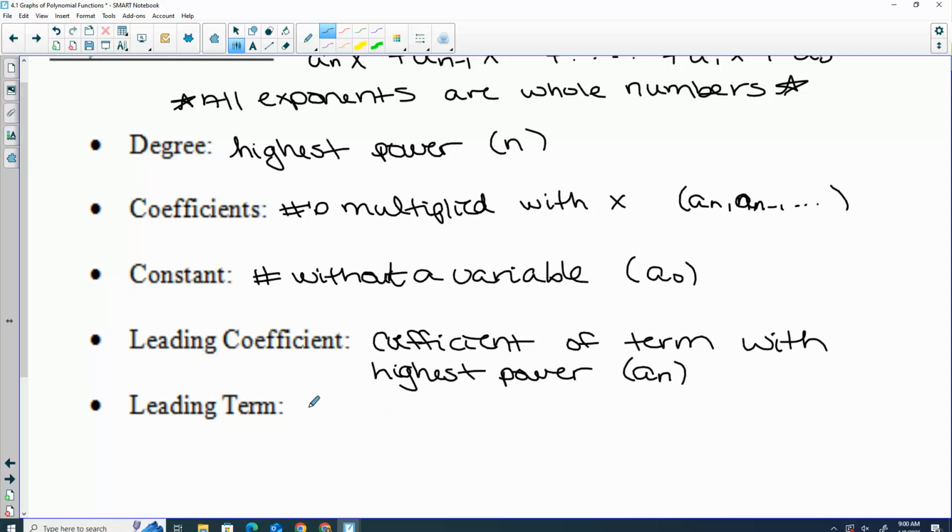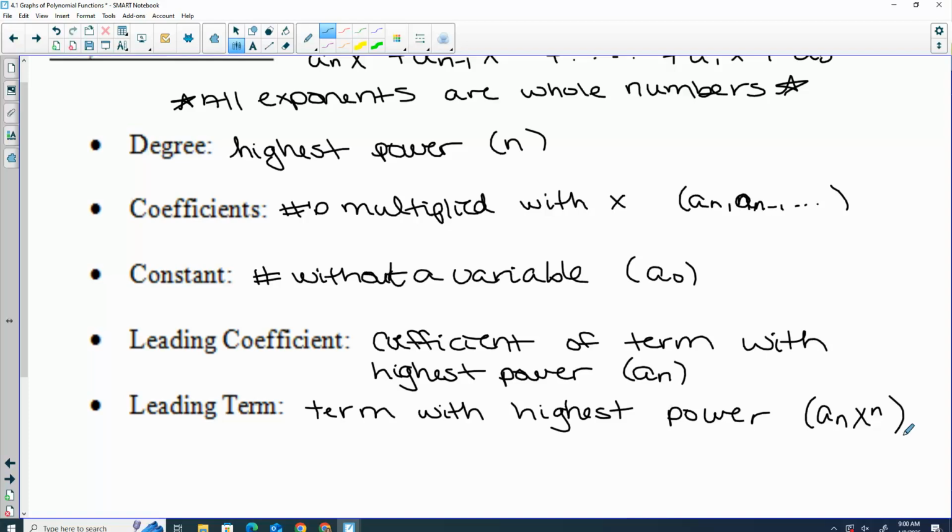And the leading term is the entire term with the highest power. So remember, terms are separated with addition and subtraction. So it's that whole thing, the coefficient and the variable together. Right, so this isn't necessarily something like on a test. I'm not going to give you a vocab section and ask you to write these definitions. But